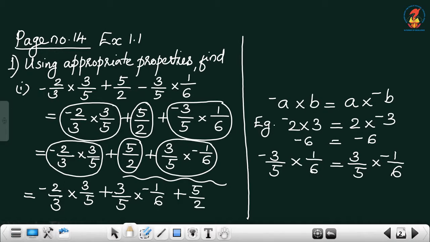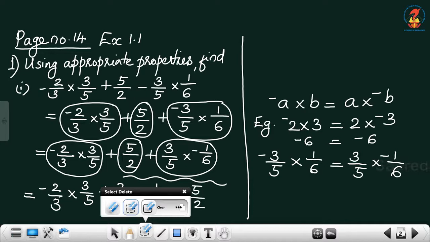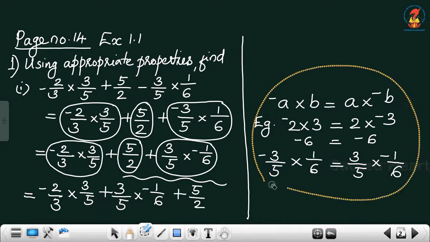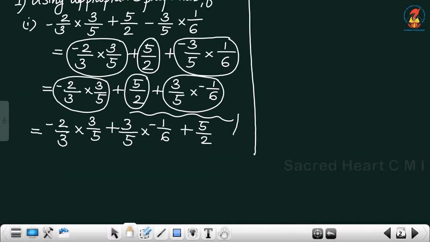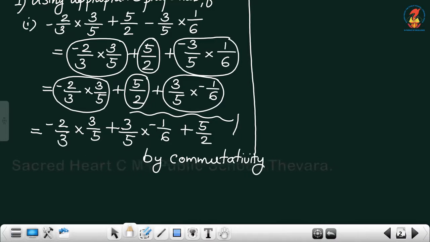So, if you take this as A and this as B, A plus B is the same as B plus A. Can you say which property we used here? It is by commutativity, or commutative property. Then equal to